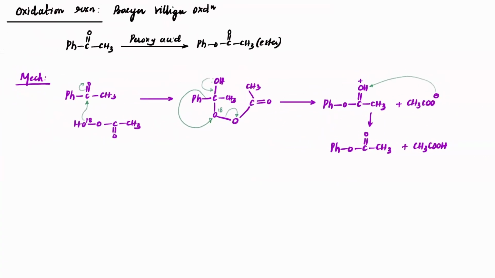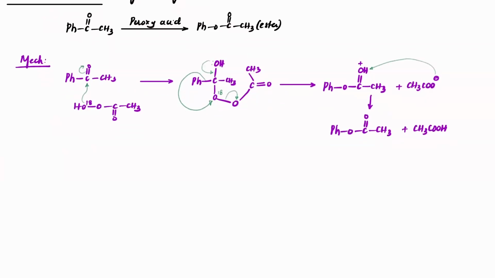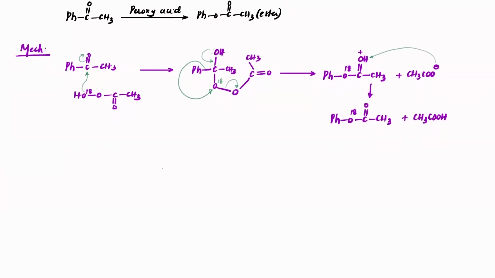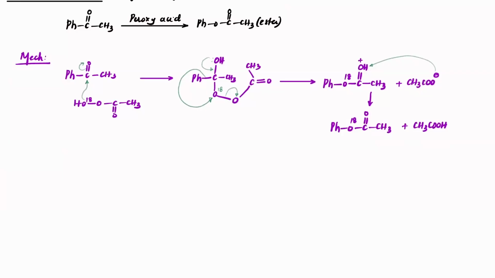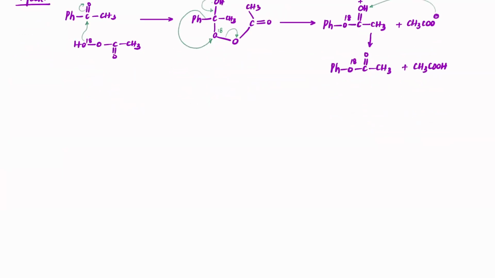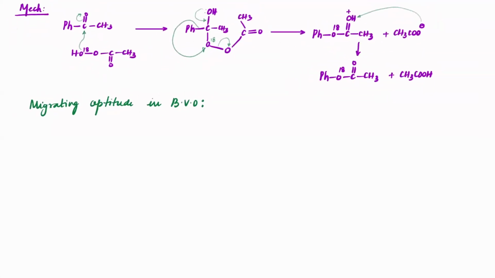So the mechanism is simple. We just have to get this migration done. Now it all depends upon which group will migrate. That's the whole point here. One of them will migrate, and here this is the oxygen 18 one. So, migrating aptitude, or migrating behavior. Migrating aptitude in Baeyer-Villiger oxidation, if you compare,